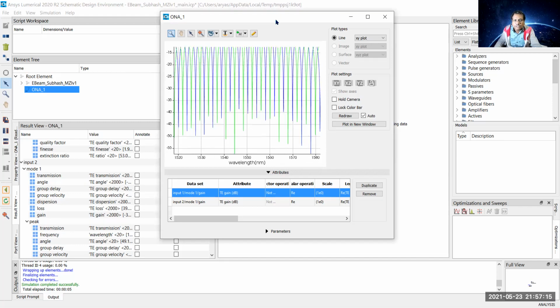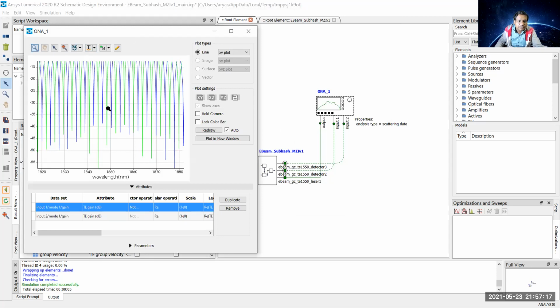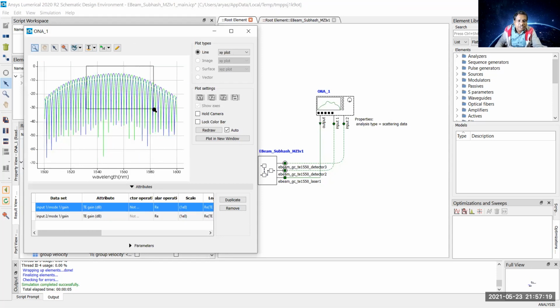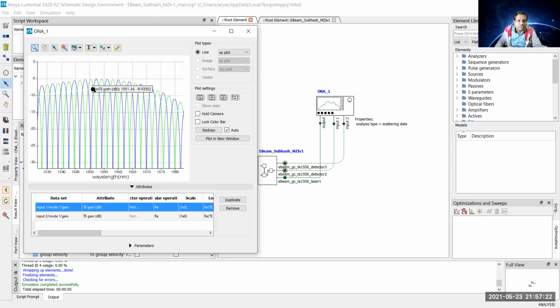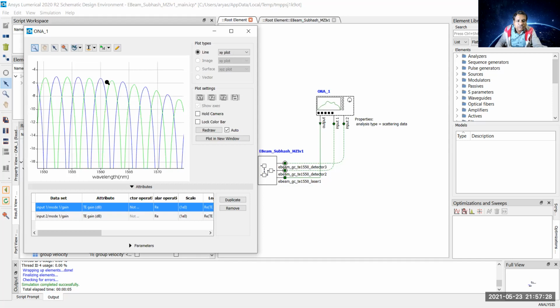So I hope this ONA is visible to you. And these are the two outputs. One output is shown in a green curve and another one is the blue curve. You see both are out of phase. When one is highest, the other one is the lowest. When green is high, blue is low. So these are the two outputs, constructive interference and destructive interference, of your Mach-Zehnder interferometer.